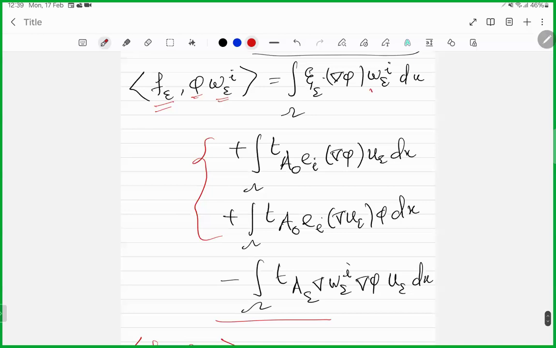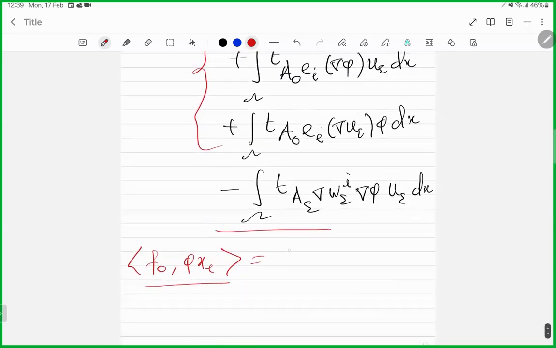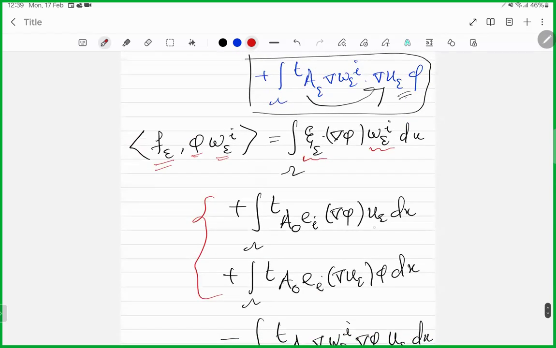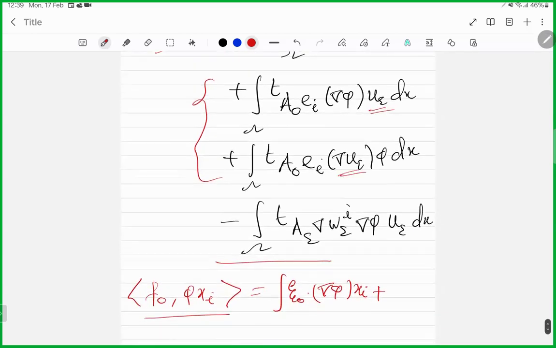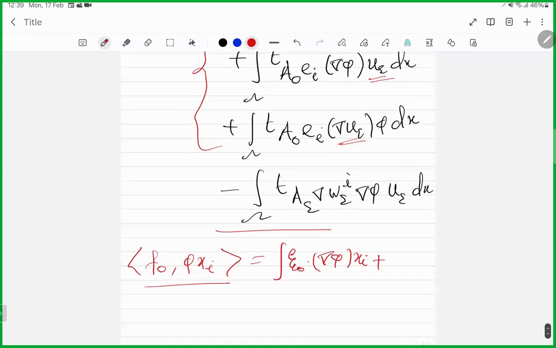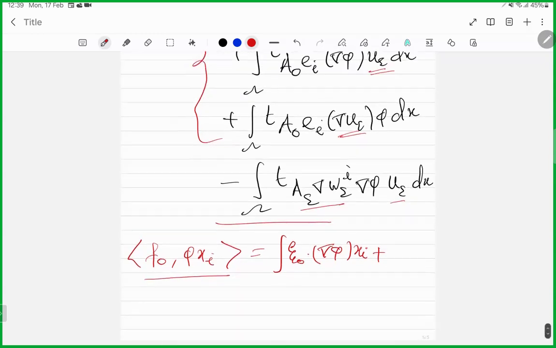Here again, this is weakly in H1, strongly in L2, and this is weakly in L2, so there is no problem. So you have xi naught grad phi xi. You will have the same here. There is only one term with epsilon here, which is converging to u naught. Here again, this is converging to grad u naught weakly. Here again, this is strong and this is weak, right? So finally, what you get is